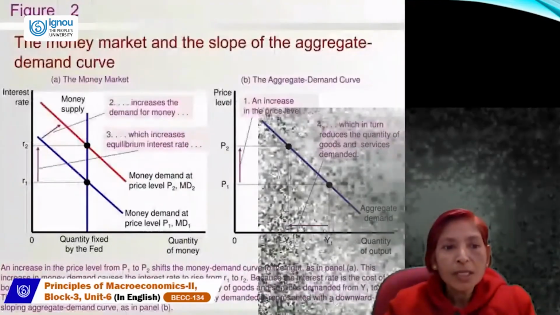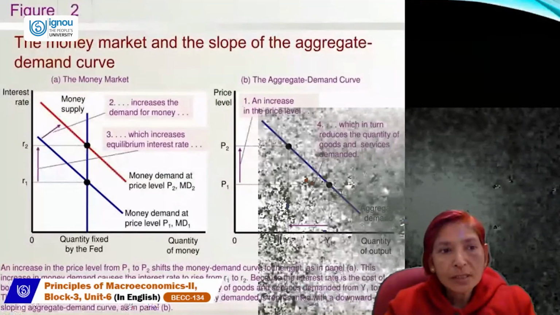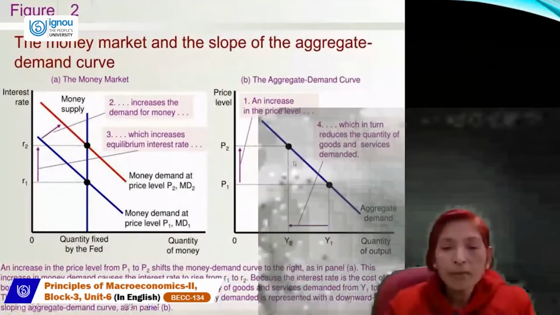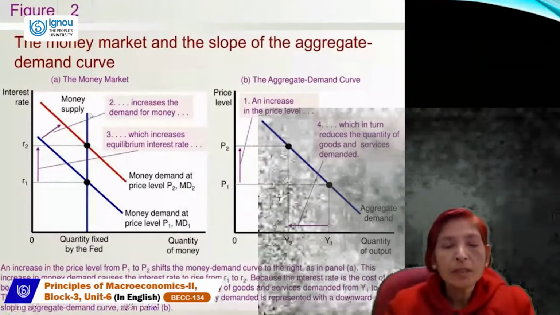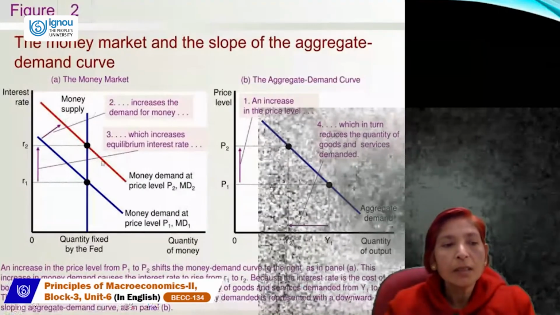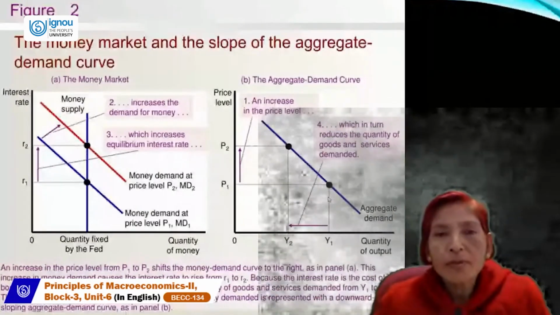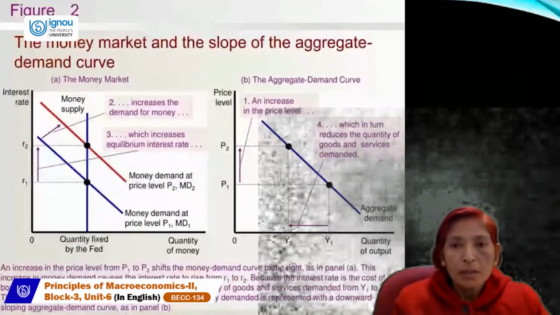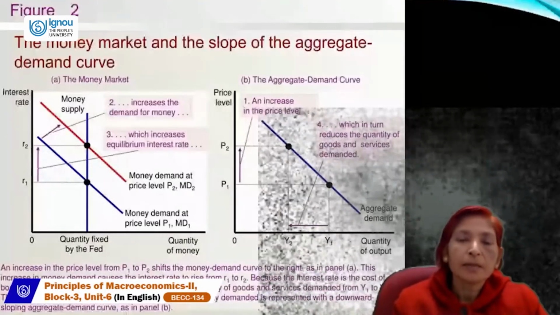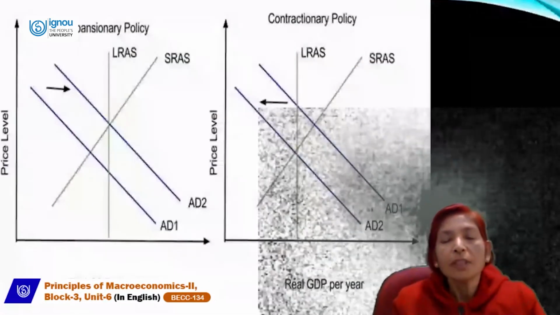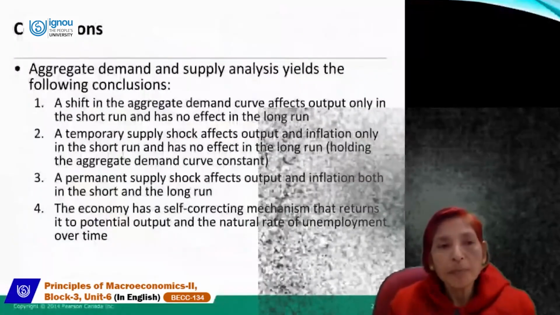So, in today's session, we have also covered the money demand and money market curve. We can derive the aggregate demand curve with the help of money market equilibrium. This is the money supply curve, vertical, and money demand is downward sloping. In case of monetary policy or in case of fiscal policy, both are responsible for aggregate demand shocks, and both are responsible for shocks which exist in aggregate demand and aggregate supply.